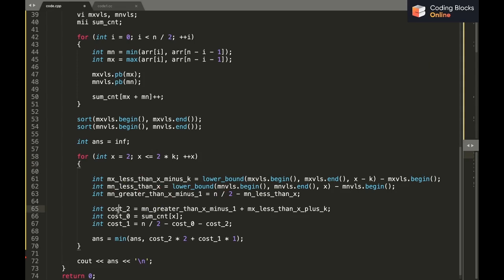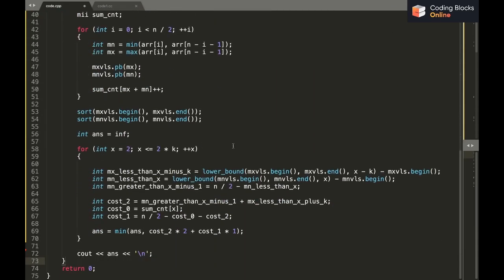Now the cost 2 value is going to be the sum of both these two. Basically the number of pairs with cost equals to 2 are going to be this, the number of values with cost equal to 0 are going to be this, and the remaining, basically the number of pairs with cost value equals to 1 are going to be the total number of pairs, which is n by 2 minus cost 0 minus cost 2, right? And in this case my answer is going to be 2 into cost 2, because these were the number of pairs with cost 2, I'll just multiply them by 2, plus cost 1 into cost 1, and I'll just take answer equals to min of this and answer itself, and then basically just print the answer.